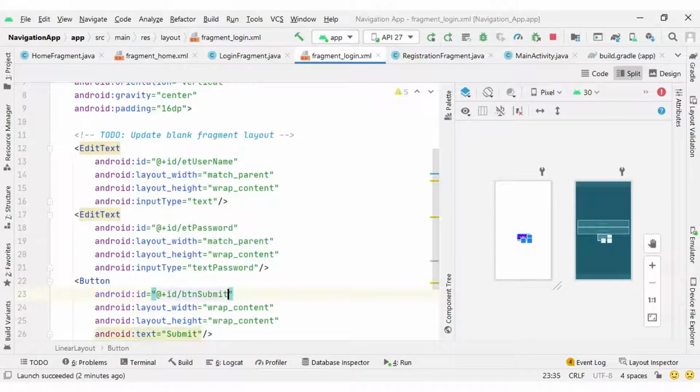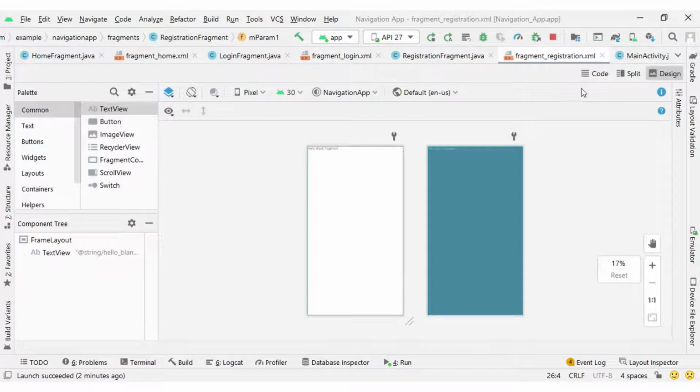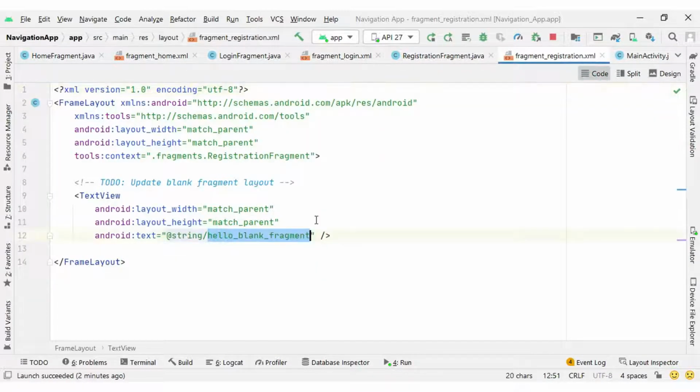Okay, so we have our login fragment ready. Inside our registration fragment, I will simply have text saying it is a registration fragment, so we can confirm it is the registration fragment. Okay, so what is next?